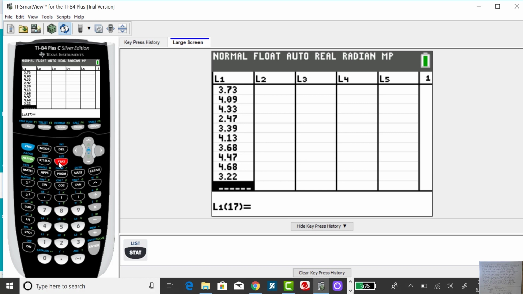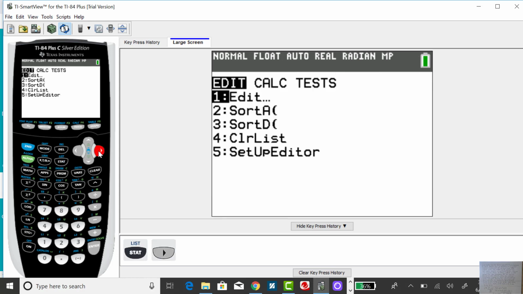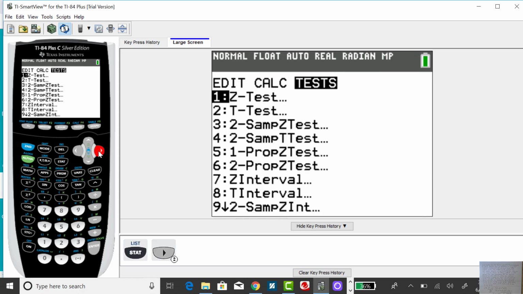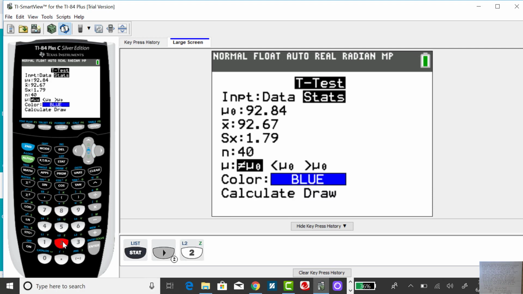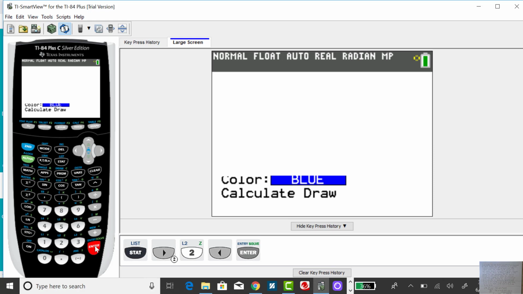I want to press my stat key, arrow over to tests, and option 2 is the single sample t-test. In this example, I don't have the summary statistics, even though I could find that very easily using the one variable statistics function. Instead, I have the data. So I want to left arrow over to data, press enter,